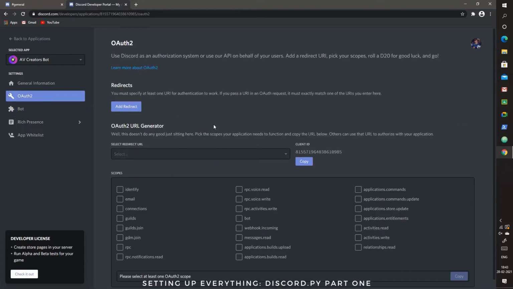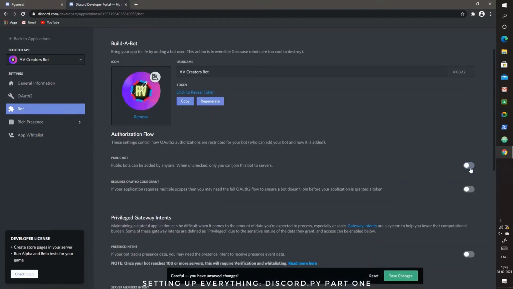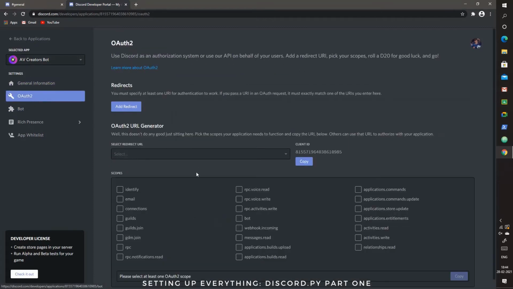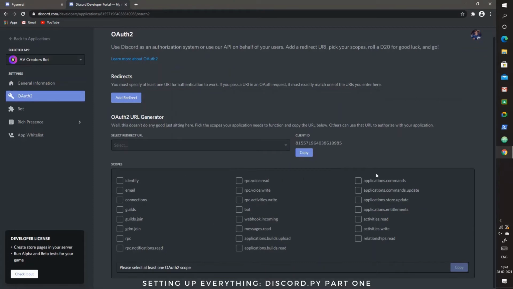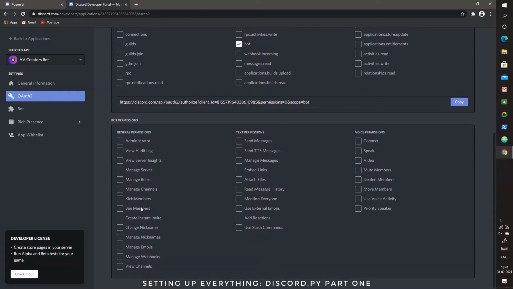Whoever gets this invite link can add your bot to their server, unless this public bot thing is disabled, but we'll keep it enabled. And so then whoever has the link can add it. So here the scope that we need is bot, okay, which is in the second column, 4th row. Okay, and here a URL is generated with our client ID, so like our bot's ID and its permissions. So the permissions integer is what all permissions the bot requires to function.